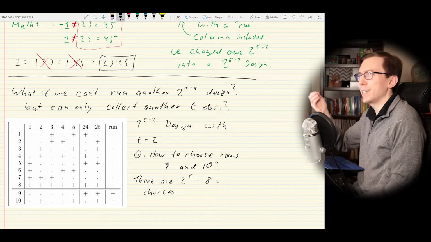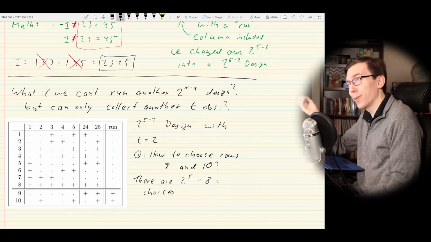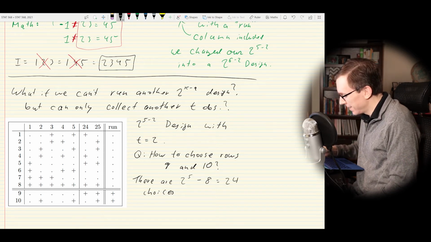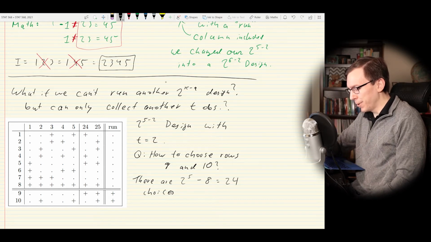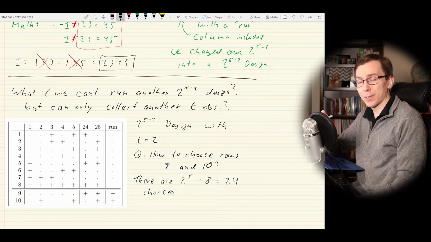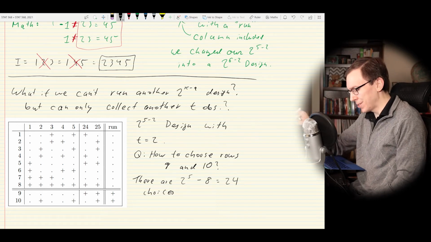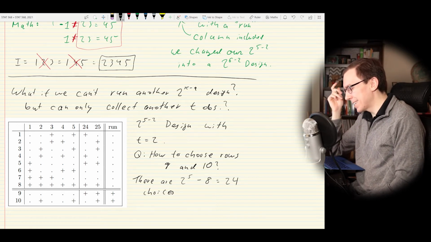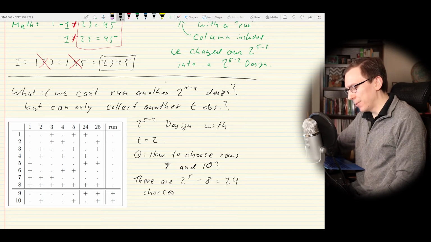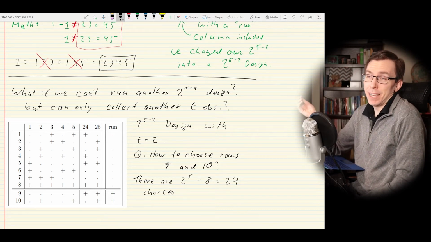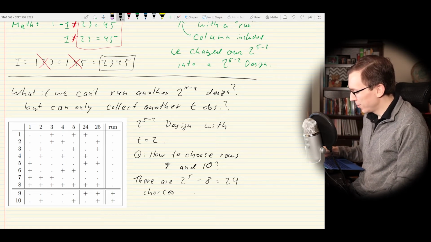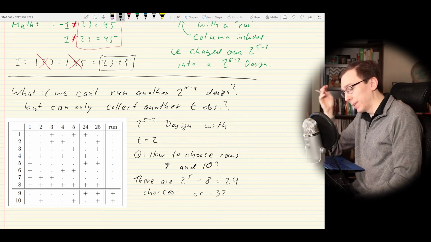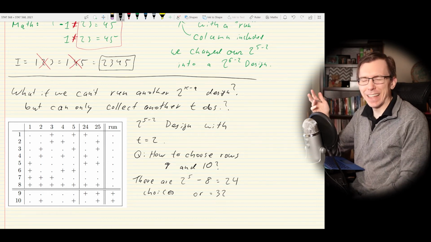Choices, right? Which is what, 32 minus 8 is 24, I guess, if I did that right. I think I did that right. Because for every input here, every setting, I can choose a plus or a minus. So it's 2 times 2 times 2 times 2 times 2. And I'm working under the assumption that I'm not going to replicate one of these rows above, but we might want to replicate one of the rows above. So I could even say just 32, because maybe we want to replicate the rows above. I don't actually know. That's not going to be the answer, but